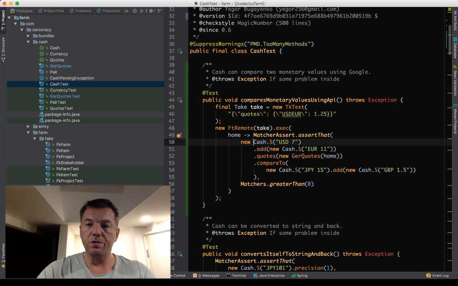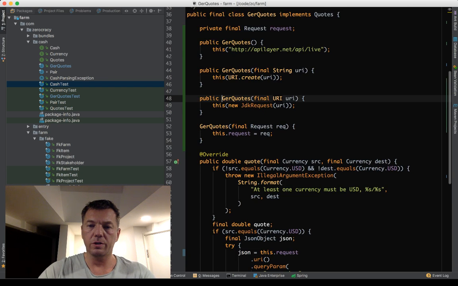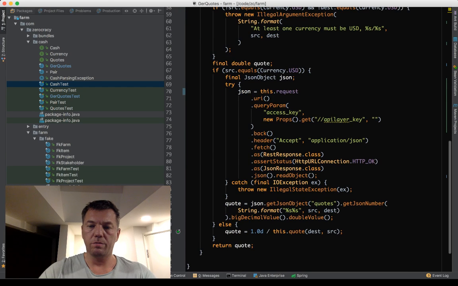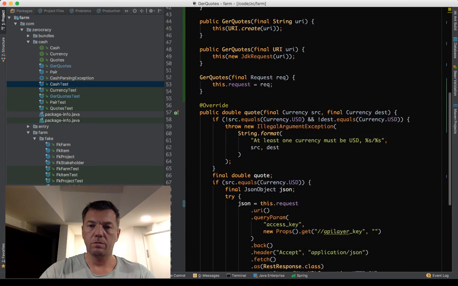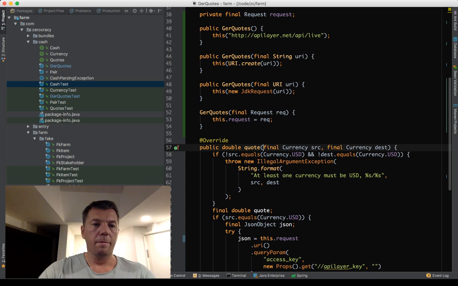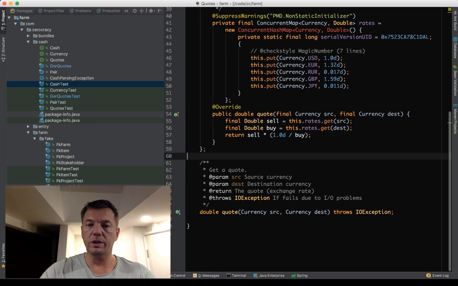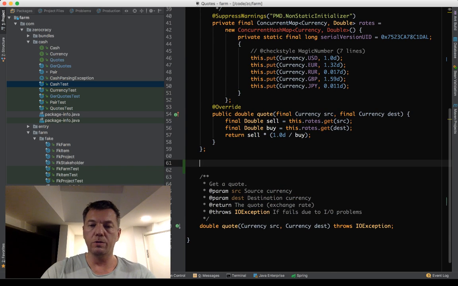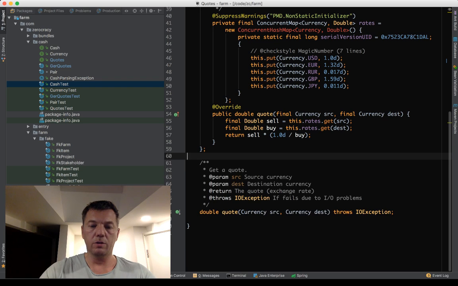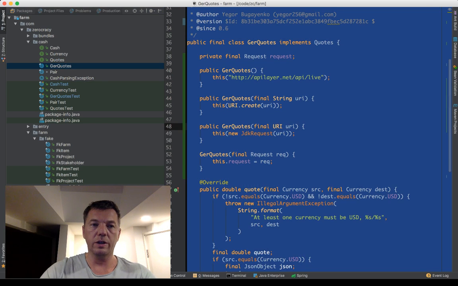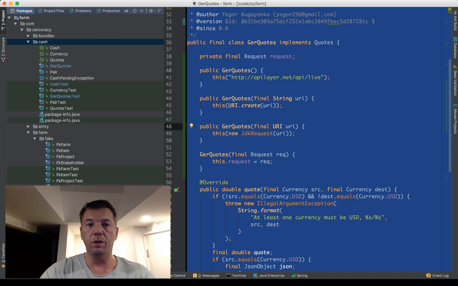Let's see all the requests which are happening there, just out of curiosity. So, yeah, how do we do that? The decorator, right? So we have these quotes, we want to see what's going on, we want to see every single quote. Let's introduce a new class. Let's call it logging quotes. You know how it works, right? So we want to see what's going on, we don't want to debug, we want to see something nice.